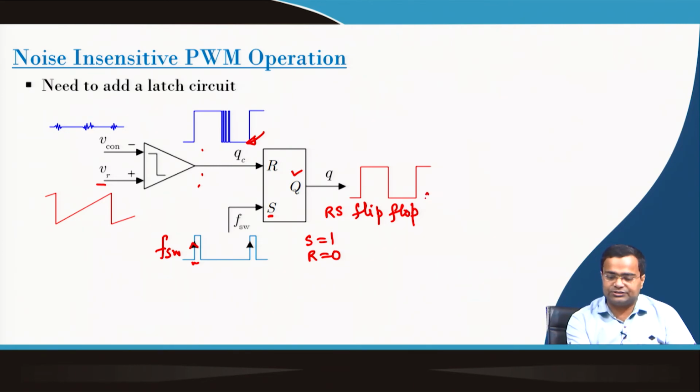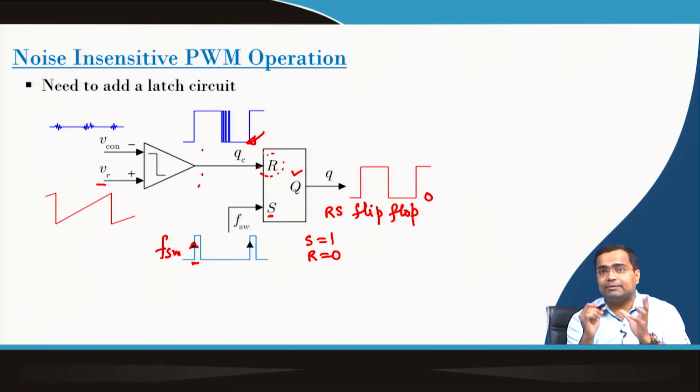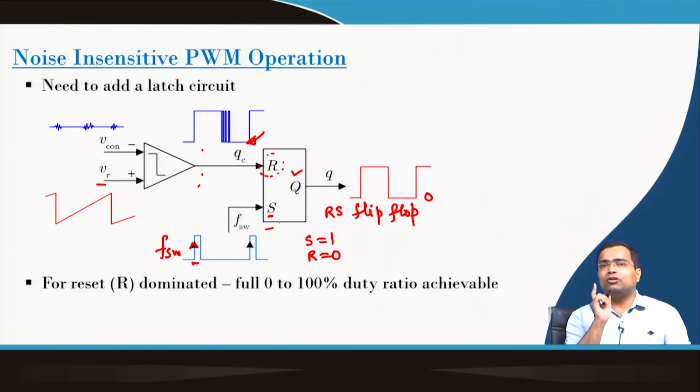So, this is logic 0, and when it is set to logic 0, then you cannot set it to 1, even though there can be multiple high low pulses coming in the R edge input, but it will not respond, because even if you set R equal to 1, it is already 0. When you set R equal to 0, since S equal to 0, it will hold the previous value. So, it will remain at 0. Again, when the next switching edge comes, the switch will set. So, this is called trailing edge.